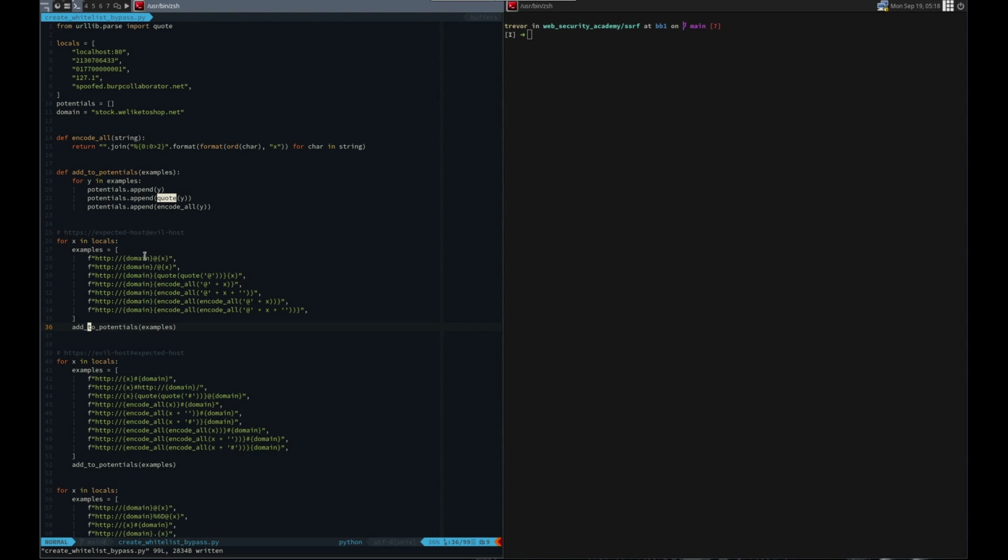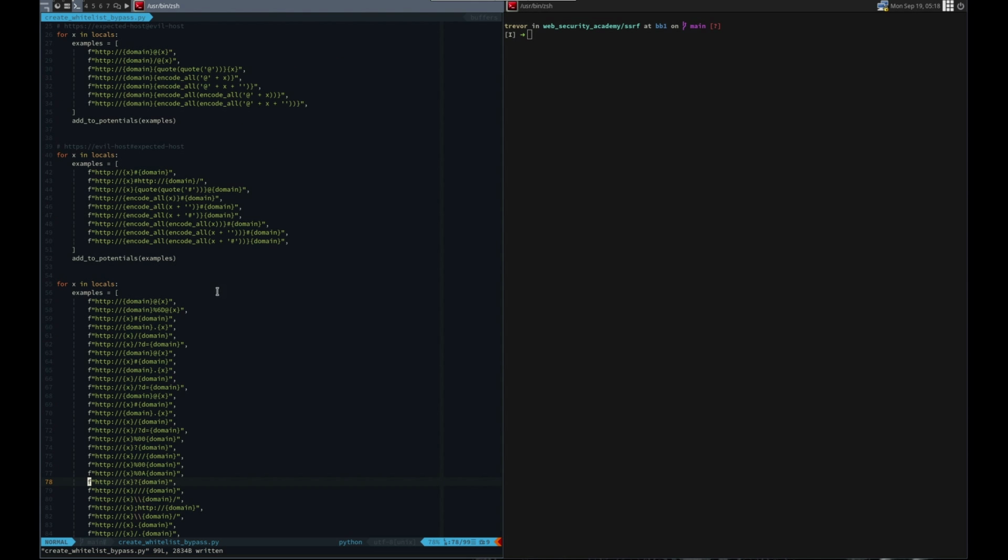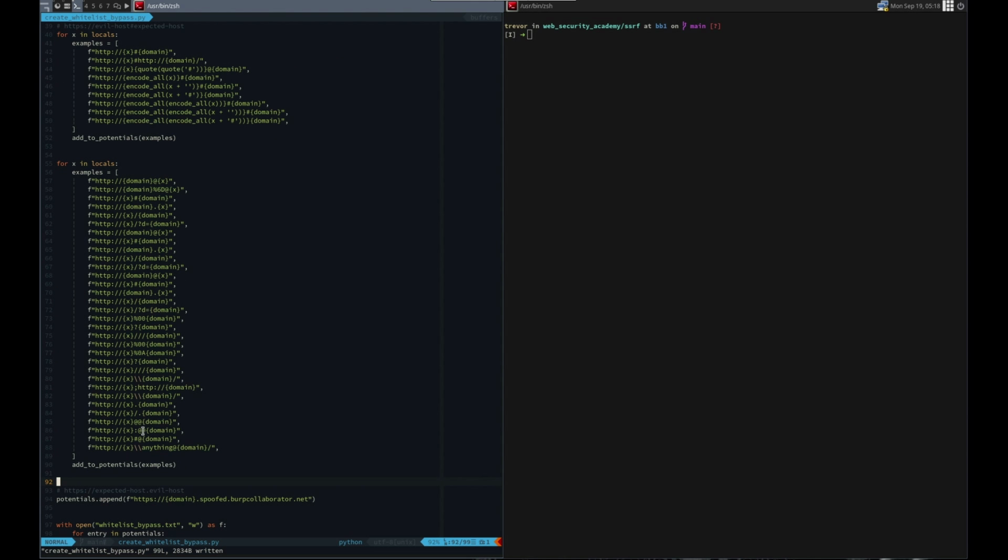So I just did some combinations here. Number one, just the plain expected host at evil host, and then with a slash, double encode the ats, encode all, etc. So I did that for all of at evil host, pound evil host, and then I